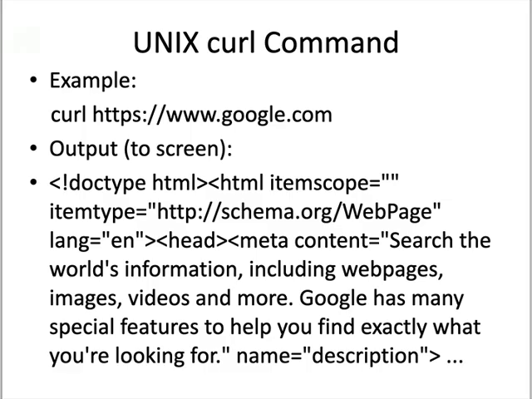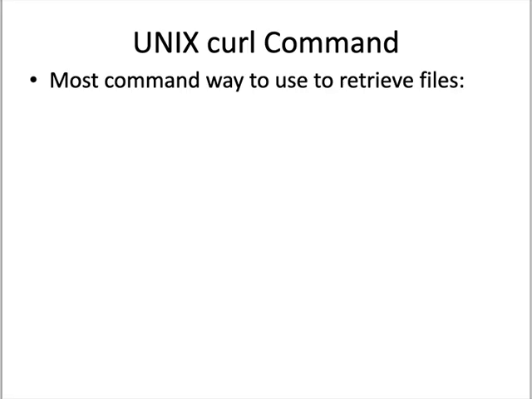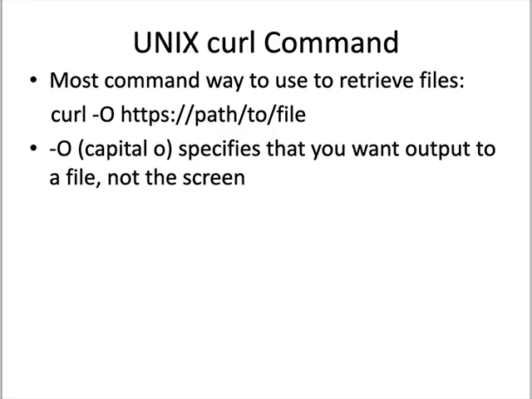Now, sometimes that's useful, especially if you are using something like IP Chicken that's going to give you a very small amount of output. But more times than not, we're going to be using this to retrieve files. And the most common way we're going to do that is using the -O option. So -O followed by a URL is going to specify that you want the output to a file,